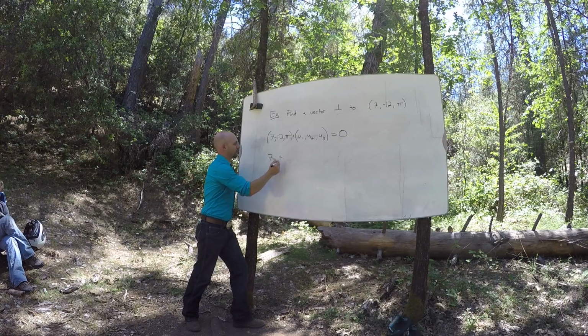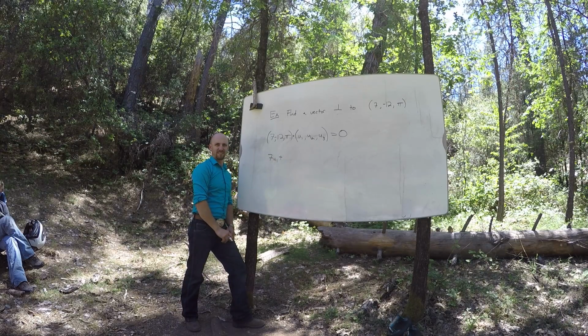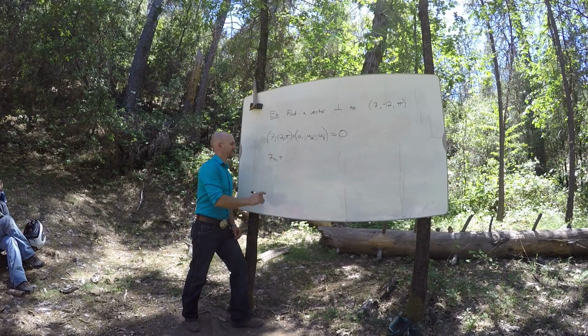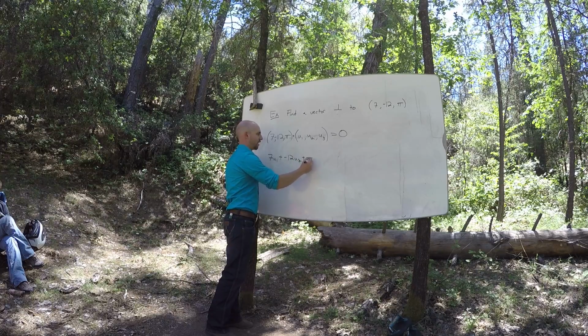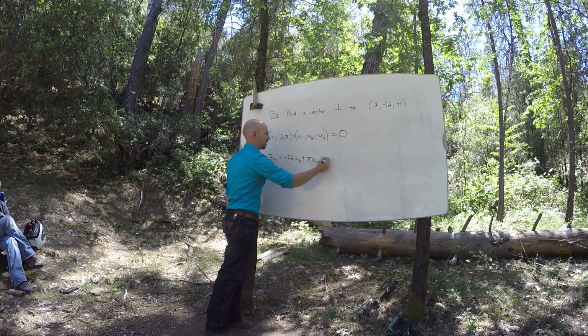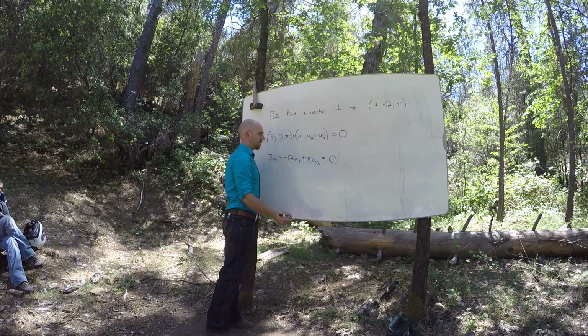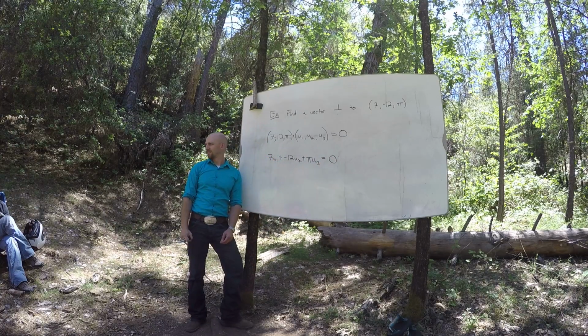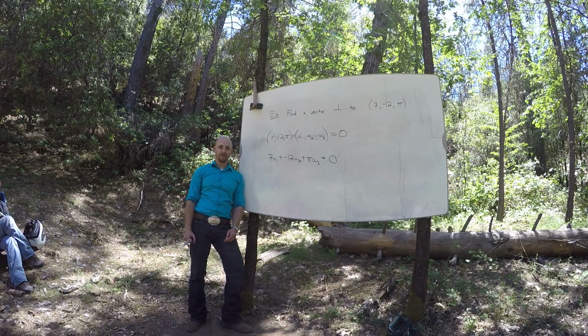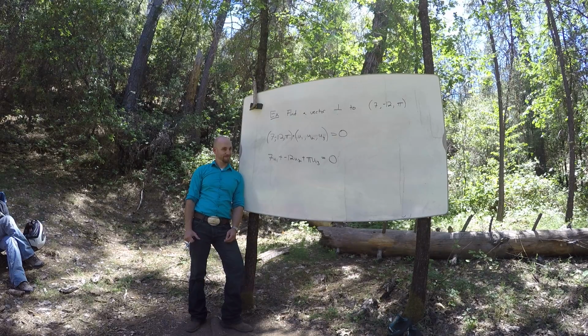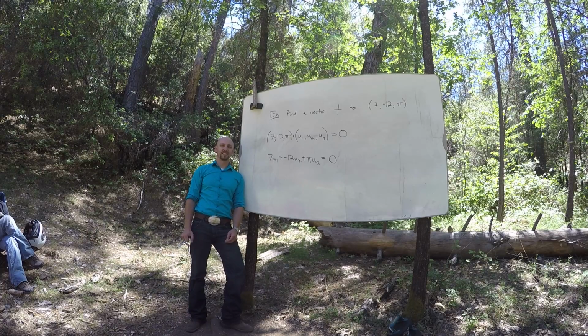7u1 plus negative 12u2 plus pi u3 equals 0. Okay. This is what? How many equations? One. It's one equation in how many variables? Three. So this system is,